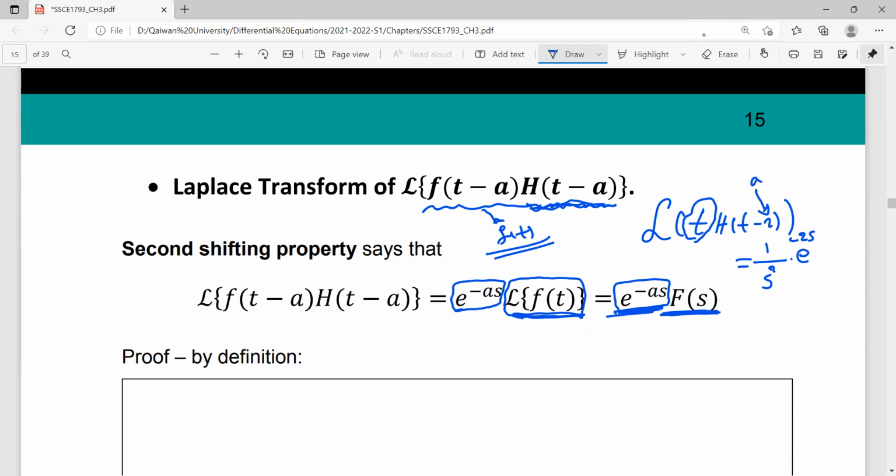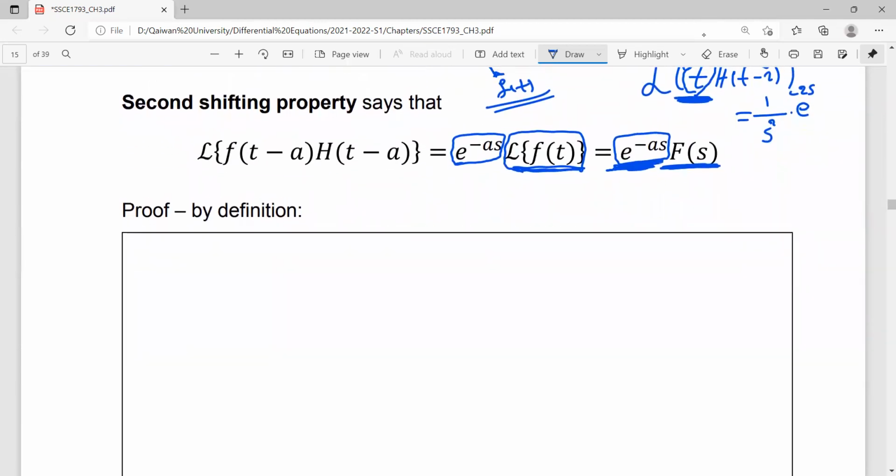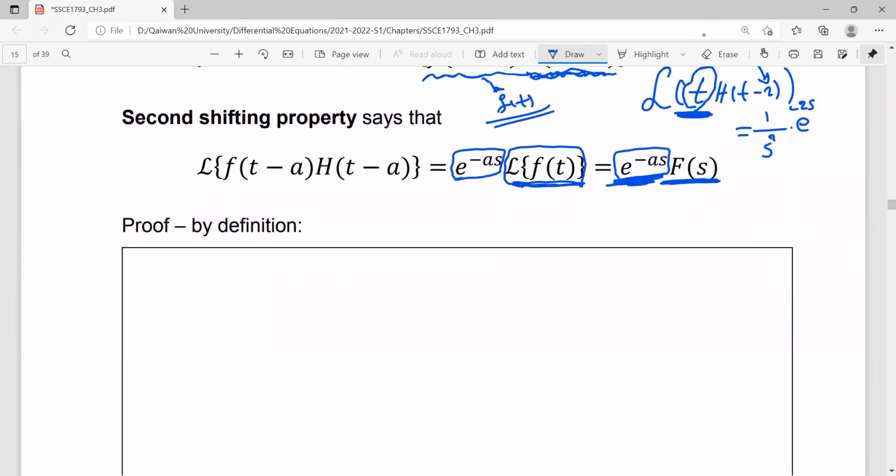We just multiply it by e to the power minus as. We find the Laplace transform for this one, and then we multiply it by e to the power minus as. Here, to prove this, we say the Laplace transform